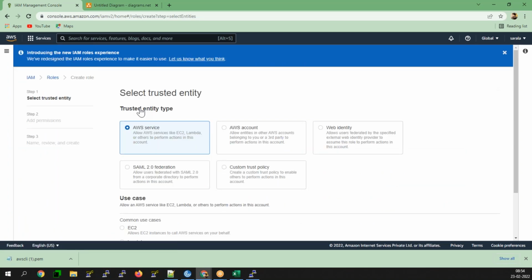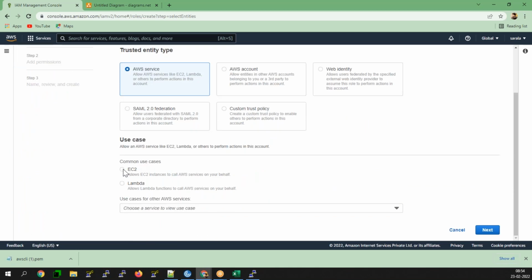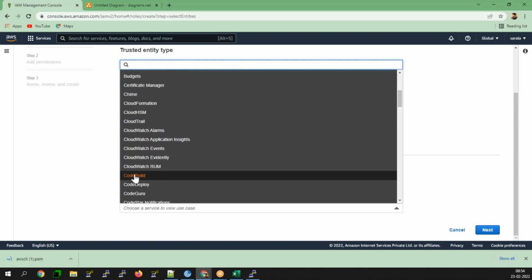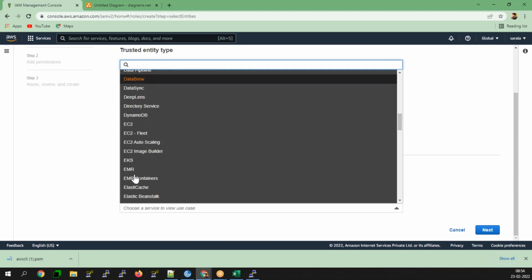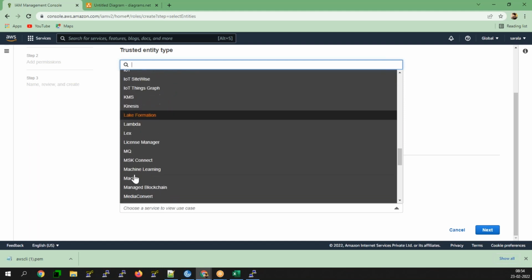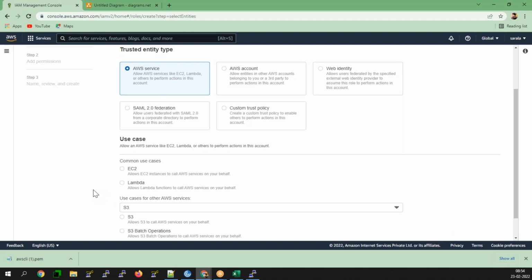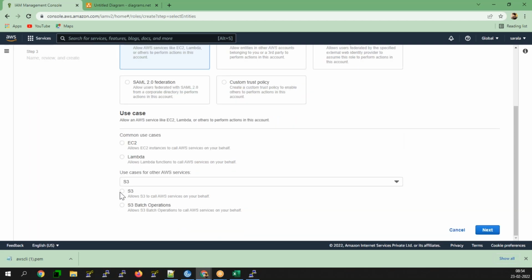Create a role from the AWS services for the EC2 instances, common use cases: EC2 instances, or other AWS services. I would like to choose S3. S3 full operations you can use. Click on next.